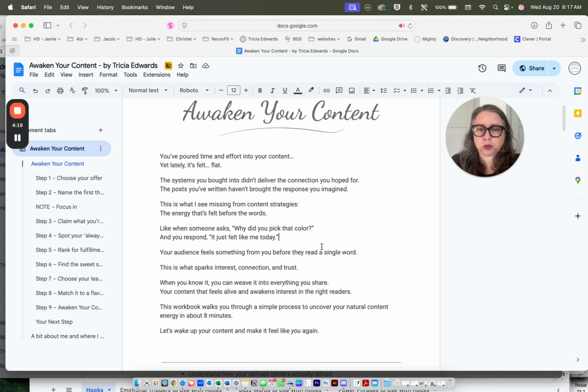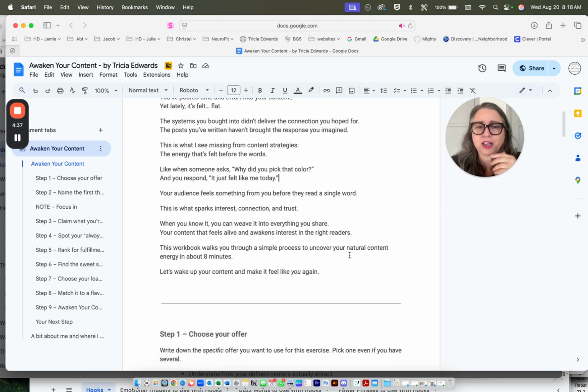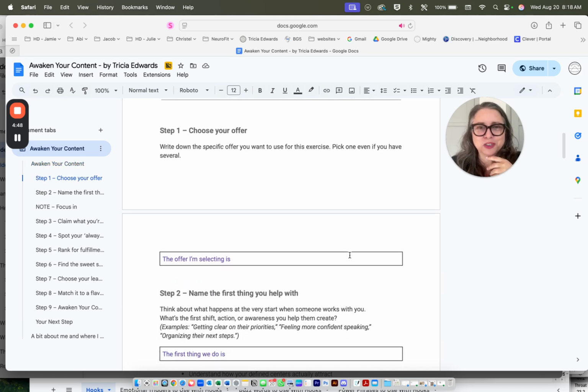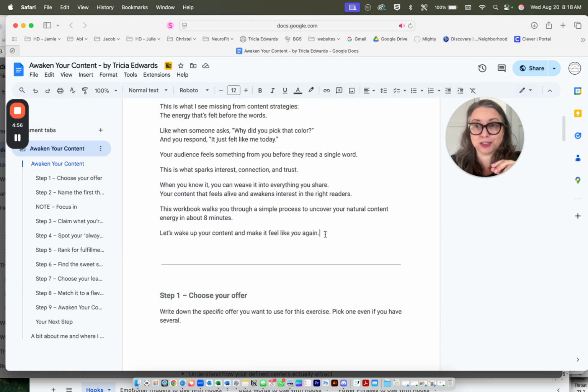This workbook is like an 8-minute walkthrough on how to do it. I did it in a little less than 8 minutes, probably about 5, maybe because I already kind of know myself. When I've done it with other people for the first time, it's roughly 8 minutes. Some people take a little longer, some a little faster. You can even plug this into ChatGPT and say, hey, I want to do this, can you do it with me? It probably already knows so much about you that it could fill in some of the answers, so I'm not opposed to doing that. So the first step we start off with is, actually, let me backtrack. Let me tell you what we're trying to extract here.